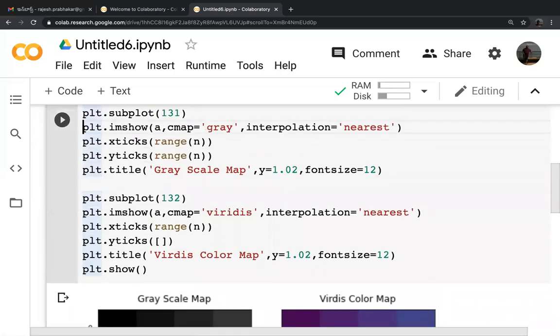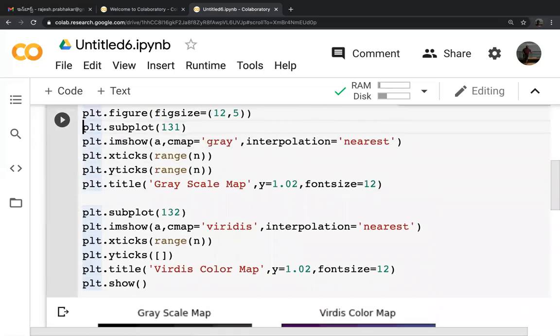All of you can look at it. Just copy from subplot and change the subplot from 131 to 132. Then the cmap, the color map, is Viridis; we change the color map to Viridis. And then interpolation, we kept it as nearest.